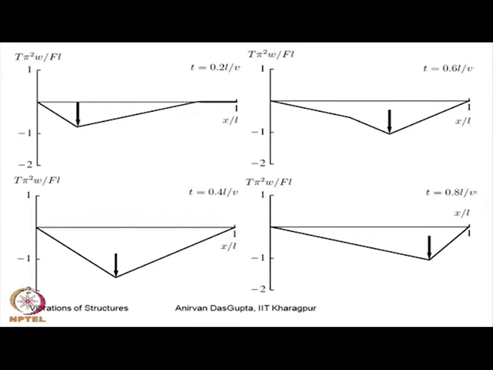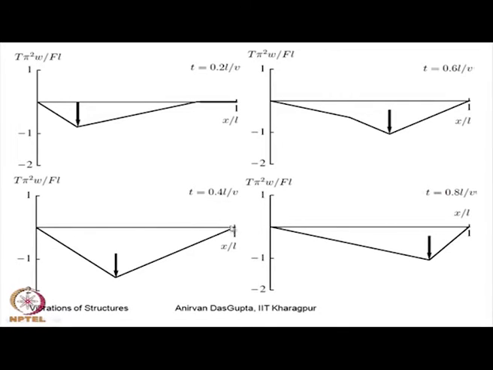Let us look at certain configurations of the string. Here you will see the configuration of the string at certain time instants. For example, here this is 0.2 L over V. So, this force has travelled 1/5 the total length of the string, and this is how the string looks. You see that this portion of the string is as yet undisturbed, but when t reaches 0.4 L over V, so 40% of the distance has been covered,